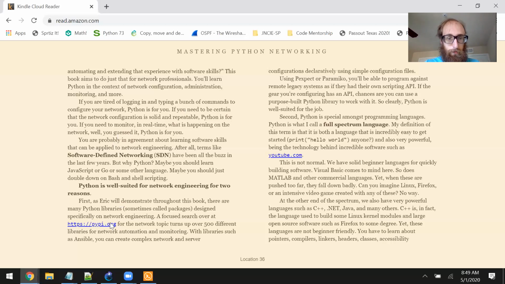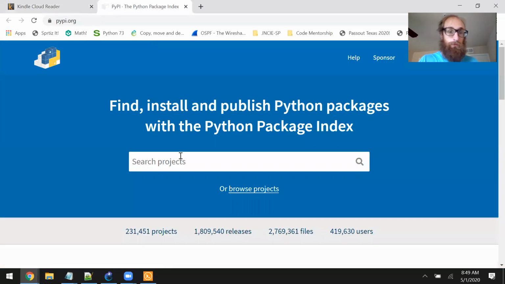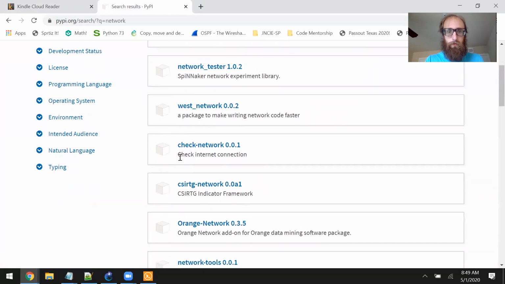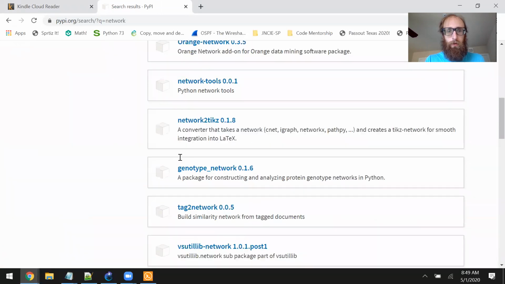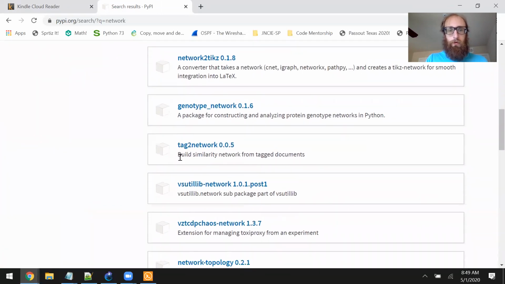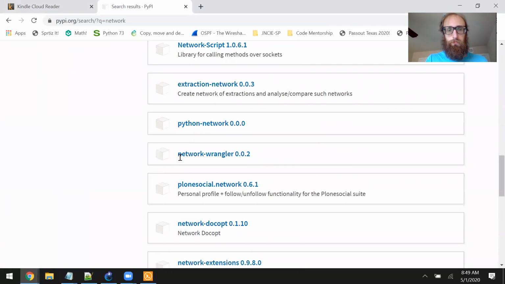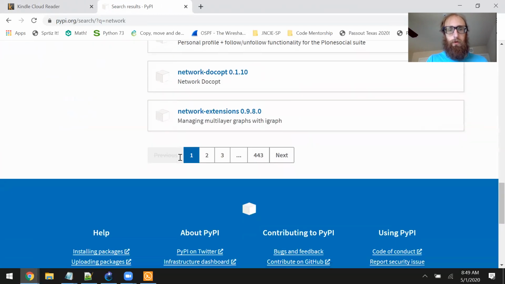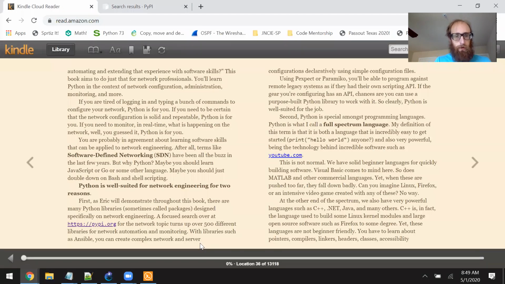Ooh, this is interesting. Oh, can I not? Oh, yeah, I can. Sweet. Yeah, a bunch of stuff. Network tools, network topology, Python network. Yeah, lots of stuff. Turns up over 500 different libraries for network automation and monitoring. But again,